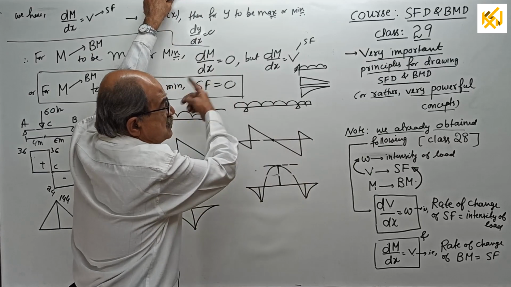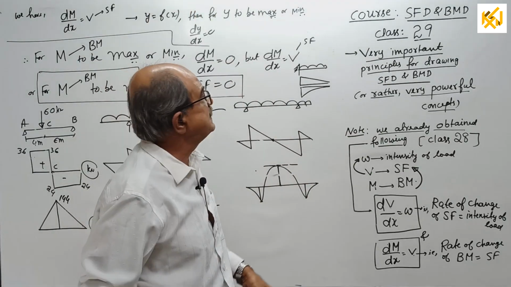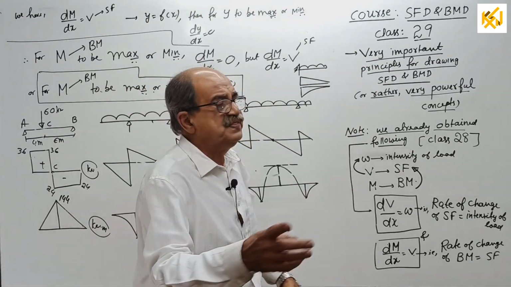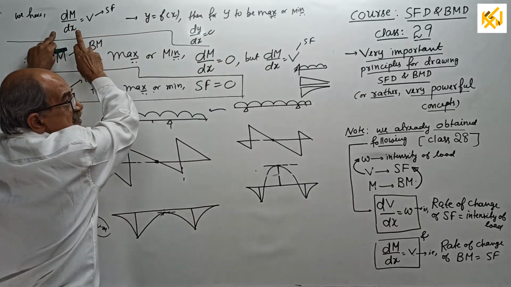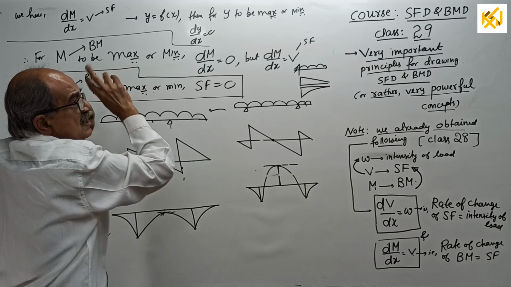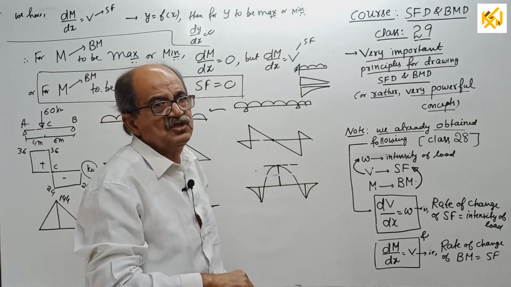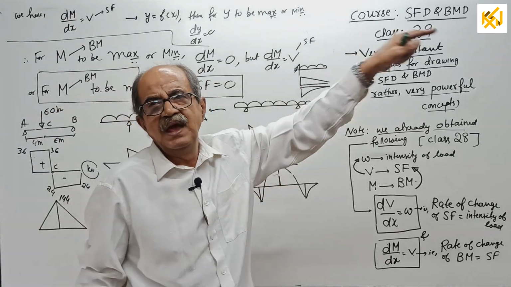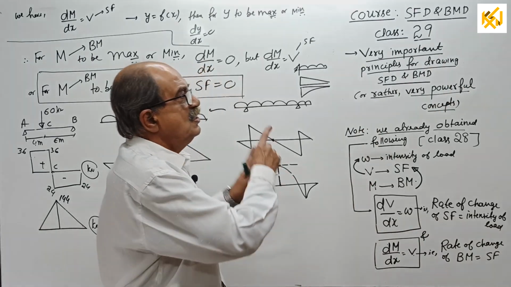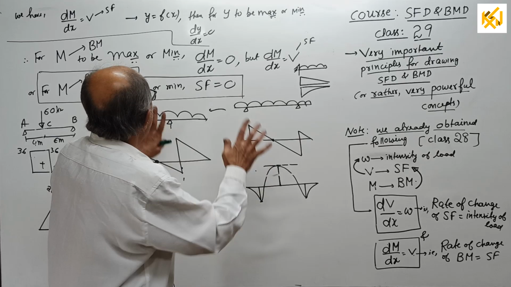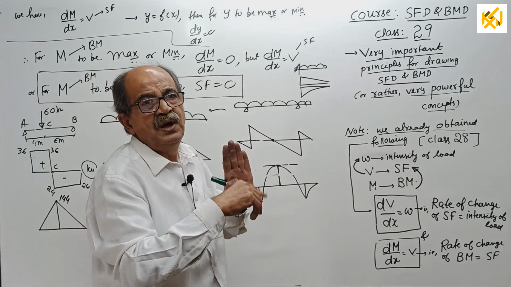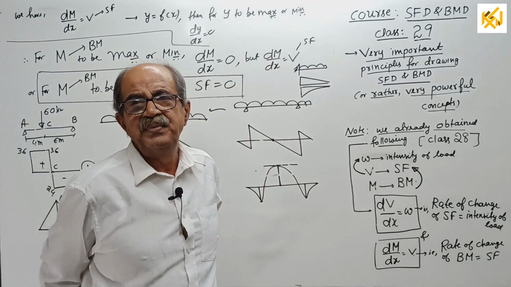Go through all this. Now I will do one thing. In the next class, 30, I will put the chart here. No load between two standard points: shear force constant, shear force 0, BM is constant, pure bending. No load, I am telling just like that because I have already done it last time; next time I will write it neatly. No load but shear force constant, BM linear.